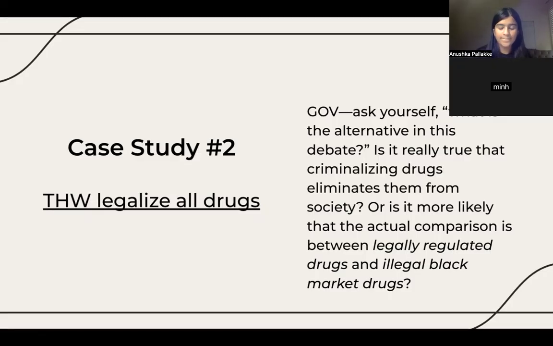But on our side, legalization allows entities like the government to regulate drugs so that addicts and people who are dependent on drugs are actually using them in a safer way. So on our side, things change and harm actually has a potential of getting reduced. But on their side, things stay the same. And problems surrounding addiction and stigma around such a mental illness continues.